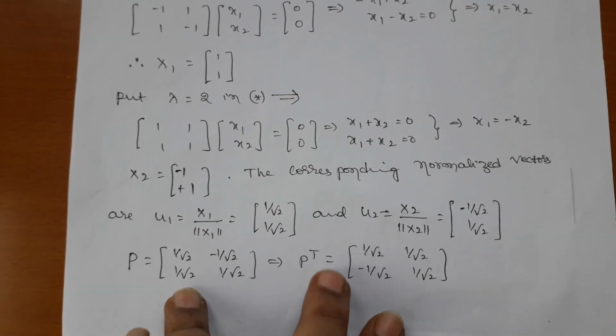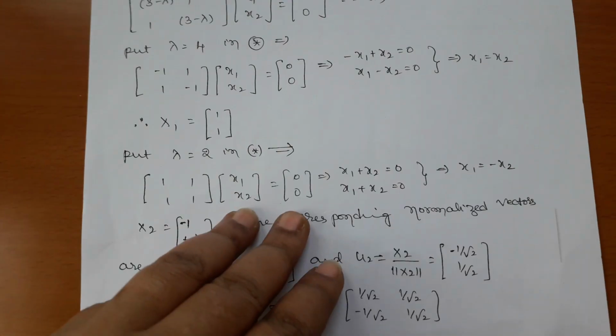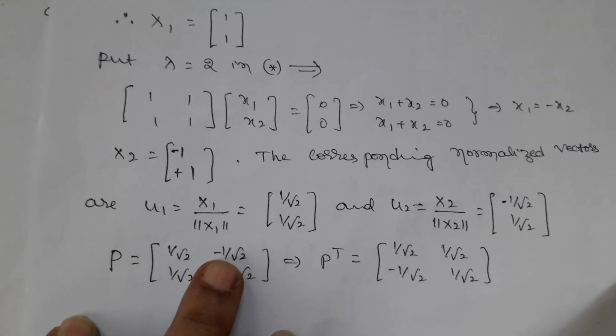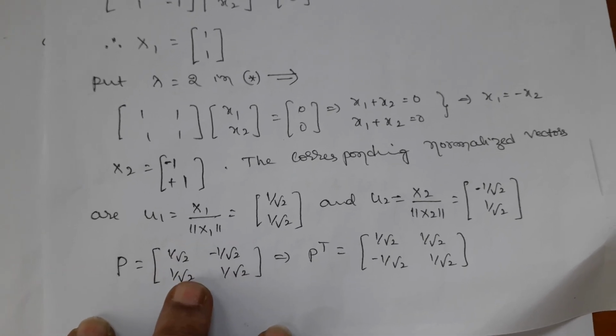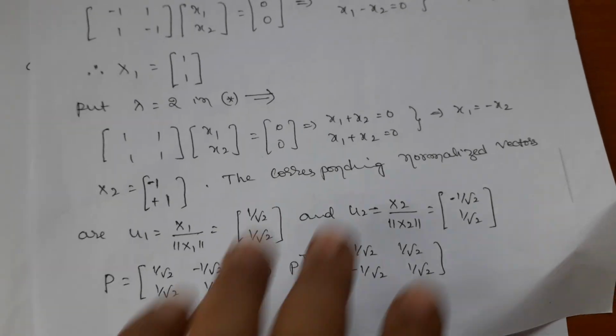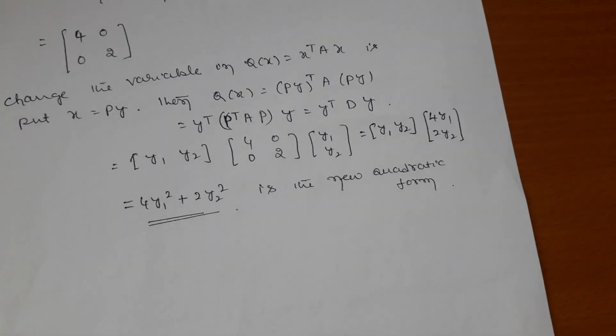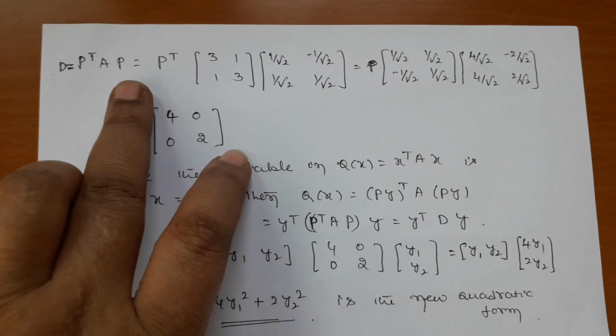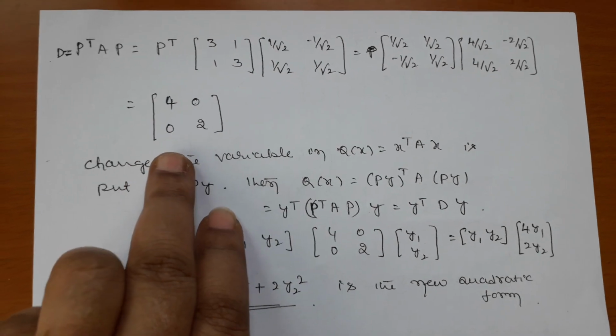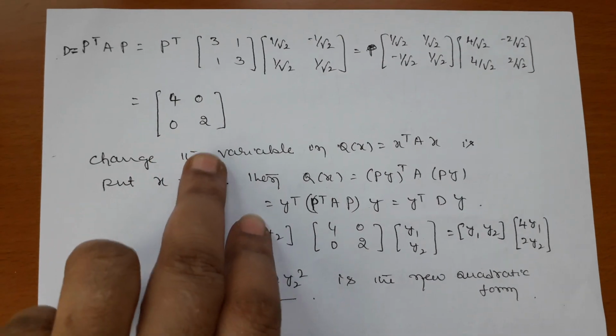Next you find the normalized vectors. You know how to find a normalized vector. You replace them in P and take P transpose. Do you know why we take P transpose here? Because P is formed from u1 and u2, which are orthogonal normalized vectors. Therefore P inverse is nothing but P transpose, and also the given matrix is symmetric. Please observe it. Now multiply P transpose into A into P. Finally, we get D, a diagonal matrix whose diagonal values are the eigenvalues.